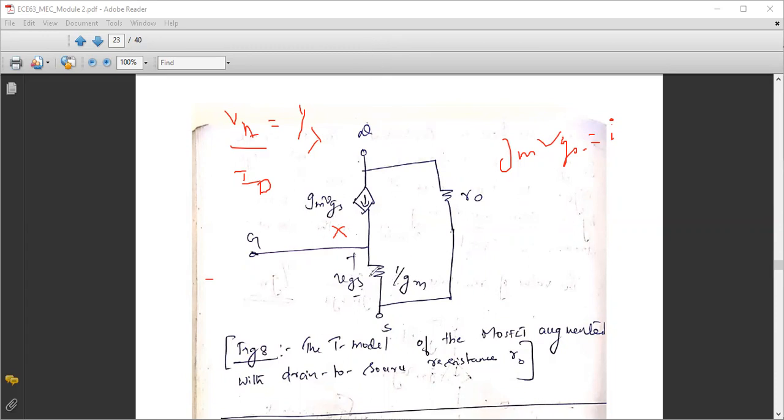So this circuit is your final T model after considering the resistance r0, where r0 is now connected between